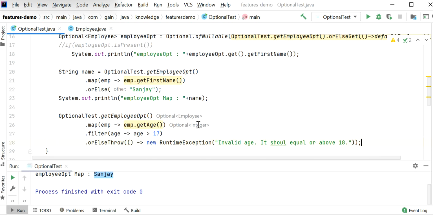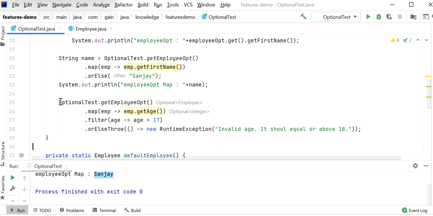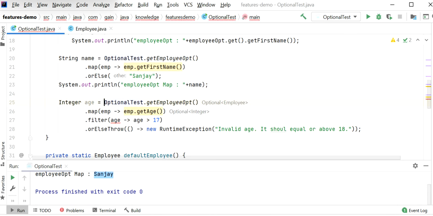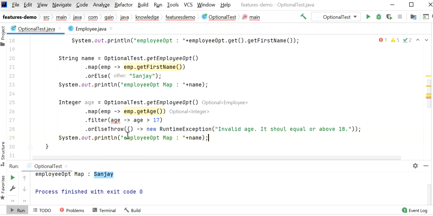So we are throwing the exception if the employee age is less than 18, not equal to 18 or greater. So here I will get the age and print this statement. Let me rename it to employee age. Now I will run this application and we'll check the output.